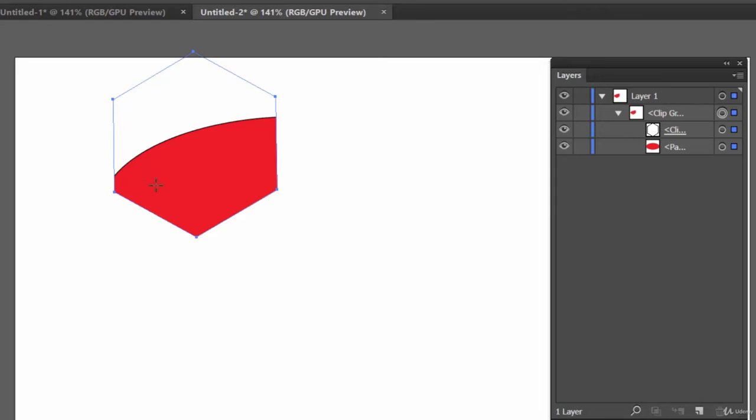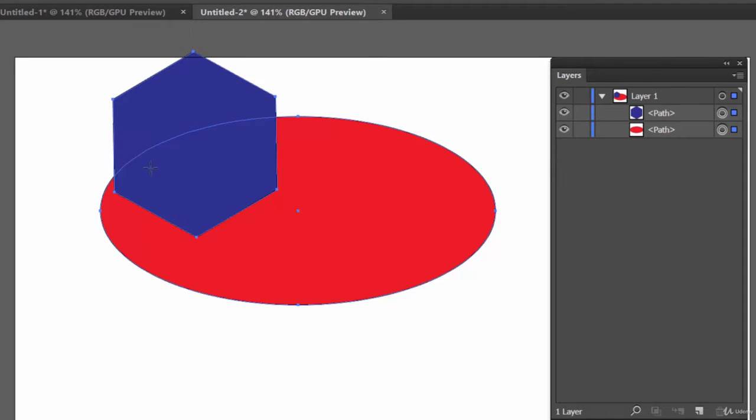See what happened, we are getting only that part of the ellipse which is inside this polygon. Let's see here the shape. So remember, the clipping path is the path which will be at the top.